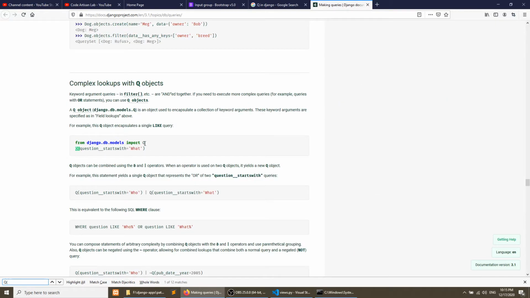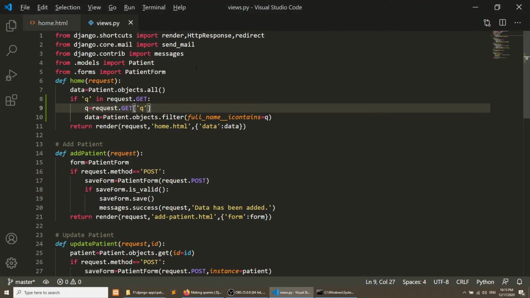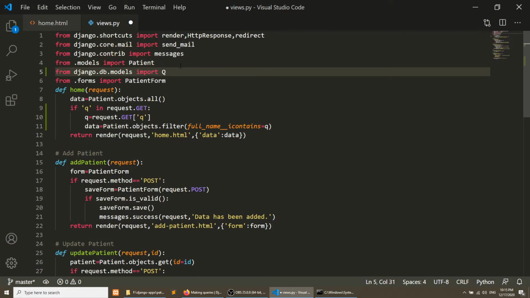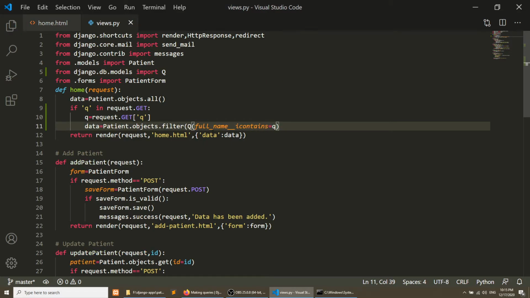So we will import this Q from the models. We will copy here and paste it here. Now we will perform this Q operation. So Q full name query, and we will define or.